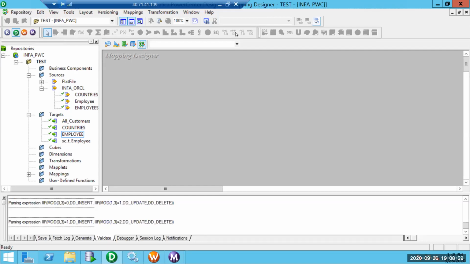However, joiner is better when we have a huge volume, in the millions of records, because caching millions of rows is going to take some time, so it is good to use a joiner in that case. Preferably, if the tables are in the same database, it is even better to use SQL override, which means joining the tables at the database level itself, because anything at the database level is a bit faster.